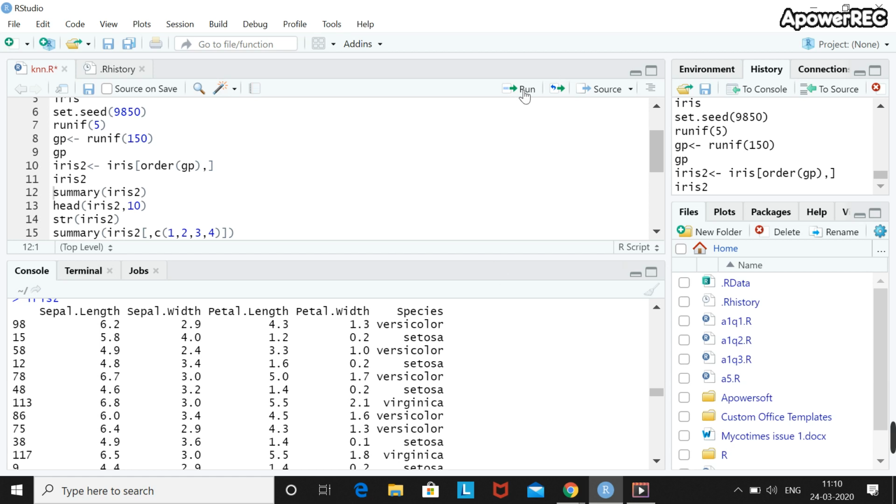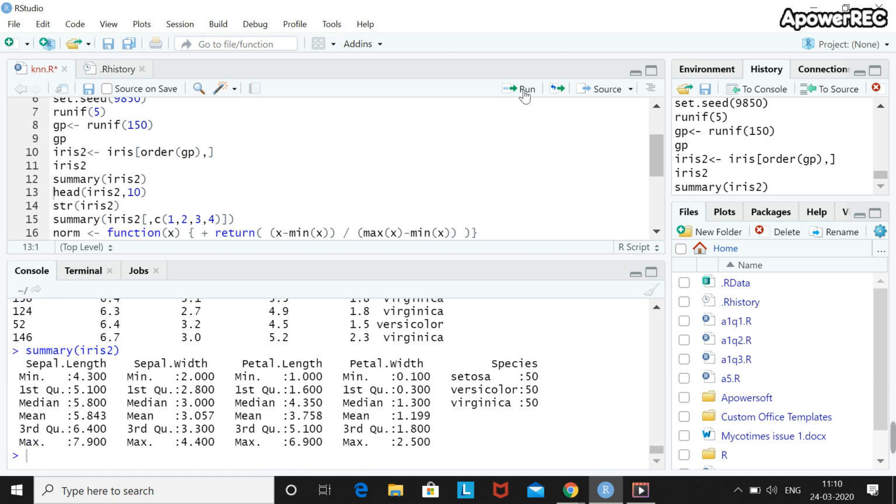Now let's see the summary of the Iris dataset. Here we see the summary. We have 5 columns as we had in the Iris dataset. The summary of Iris2, again we have 5 columns. And now the first column is sepal length. The minimum value of sepal length is 4.3 and the maximum value of sepal length is 7.9. Now do you see that